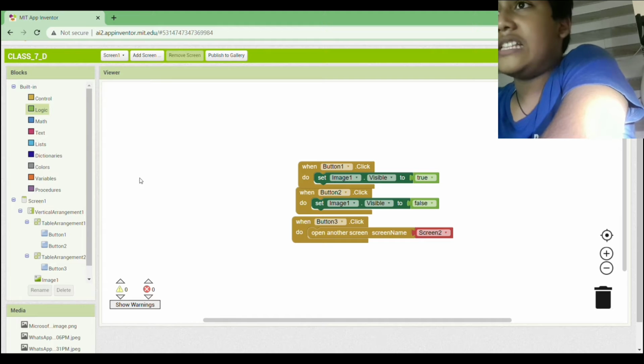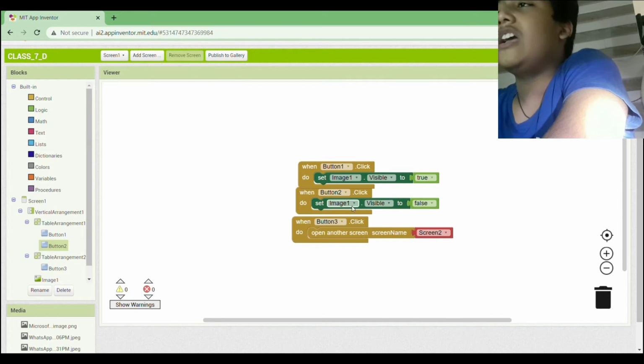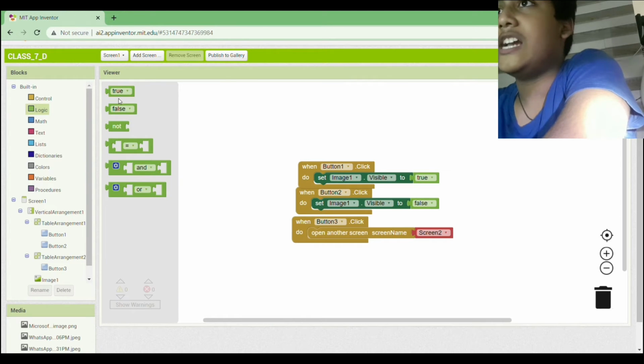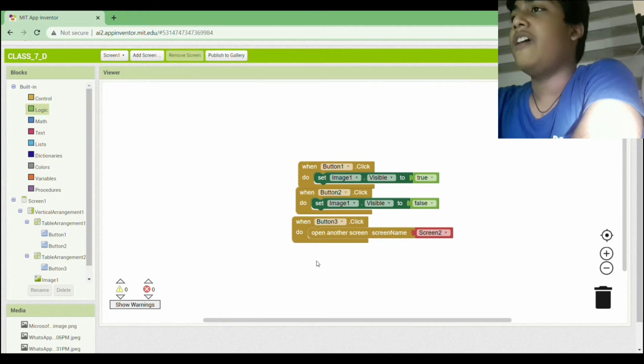And the same process happens with button 2, that we have to click when button 2 dot click and then again go to the image and select set image 1 visible 2, and then in that case we have to again click on logic and select false and drag and drop it. And in the third button we have to again do like this: when button 3 dot click, and we have